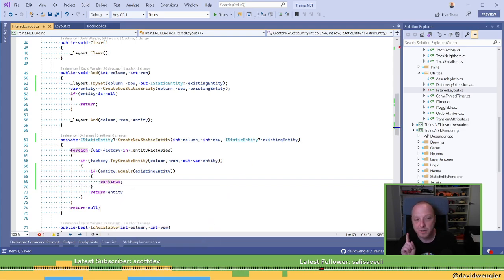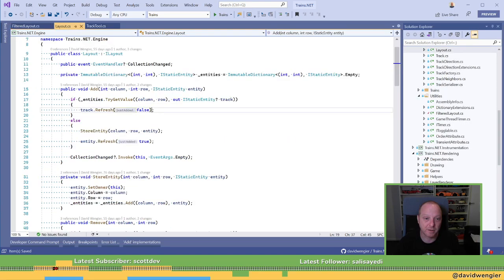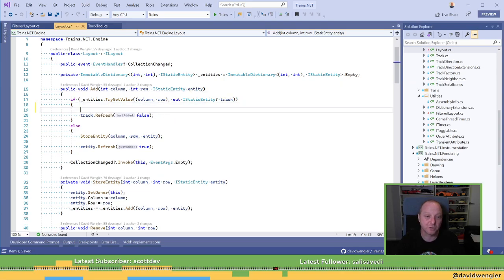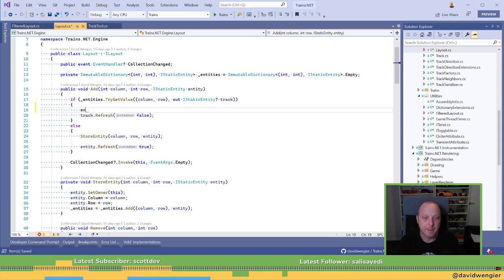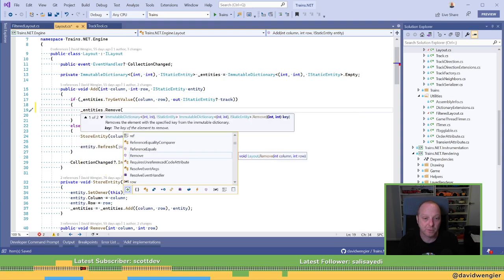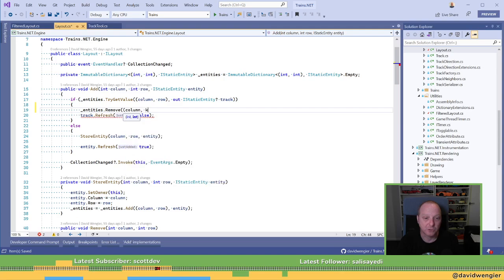So that will then look at the next factory, which could be a signal factory. And then this method here could say, well, if we already have one, what we actually want to do is remove it. So we remove, sure.